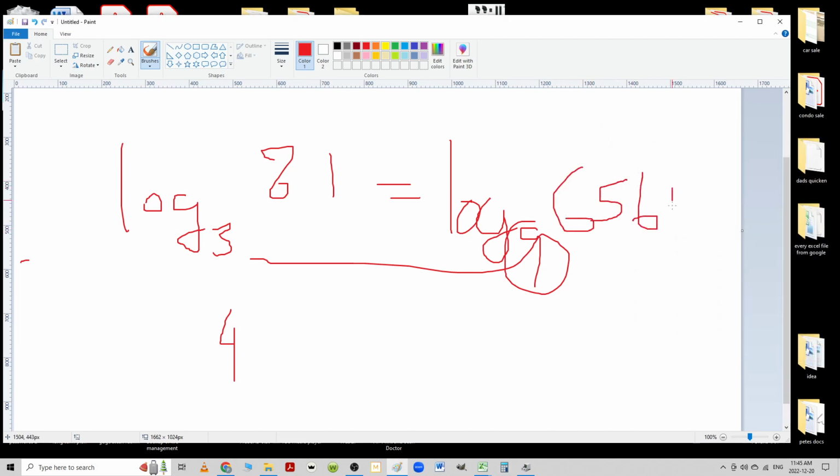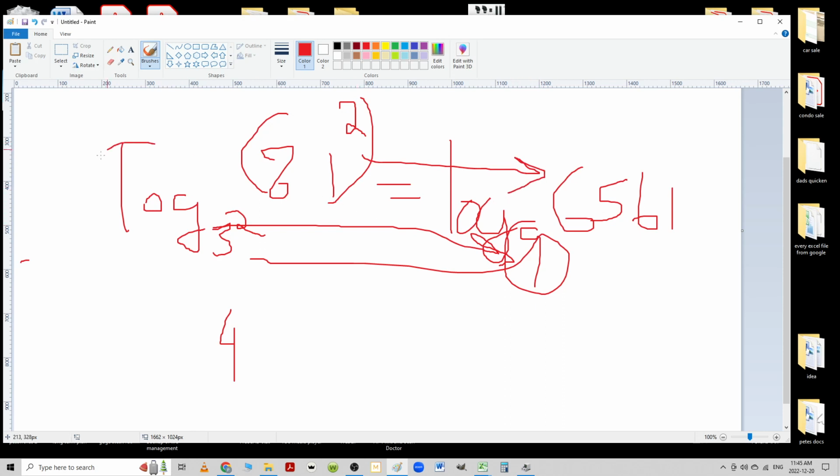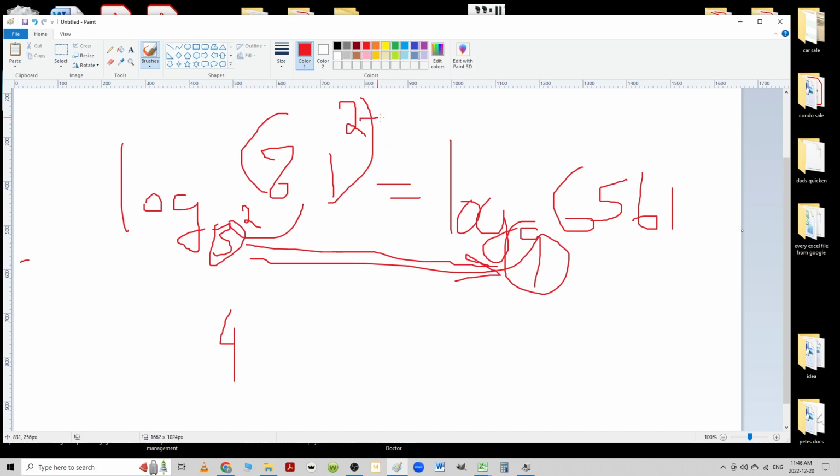Is it 61? I think 61. The reason this works is because if you look at this here, if I were to square that, and I were to square that, in other words, I don't affect this at all, I have successfully made the equivalent, because logs are always saying, what exponent do I put over this to get that? Well, if I add a square here, as I do here, then all I have to do is add the same square here to essentially negate, because that's just an exponent over that, and that's just an exponent over the thing we're looking for. So this essentially just puts a square over the result